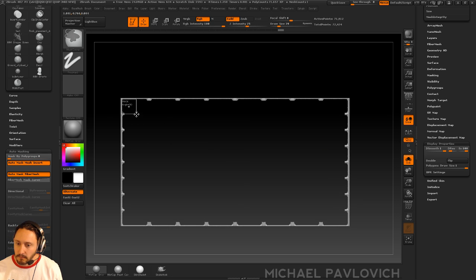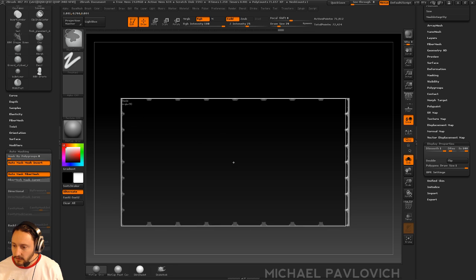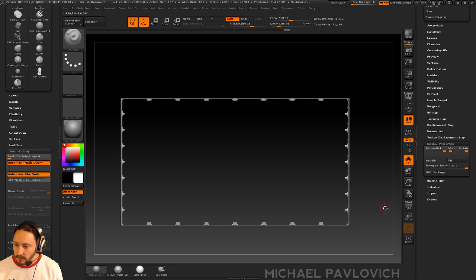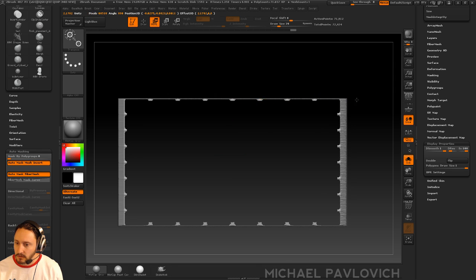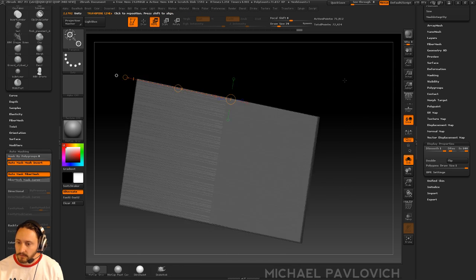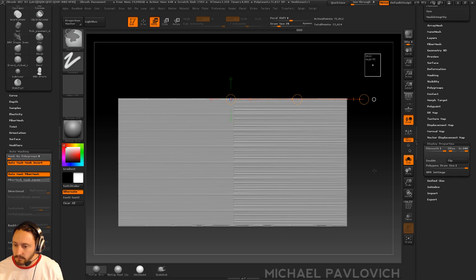Now I can just mask this interior space here. Control click to invert that mask. We'll just use transpose to pull these verts together like so. Control drag again, and that'll make this one solid mesh here. Or you could just drop in